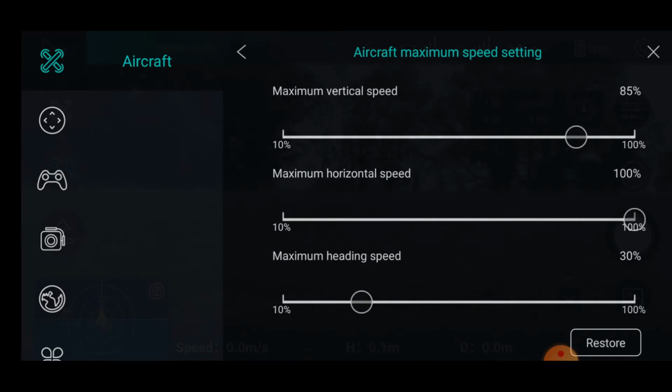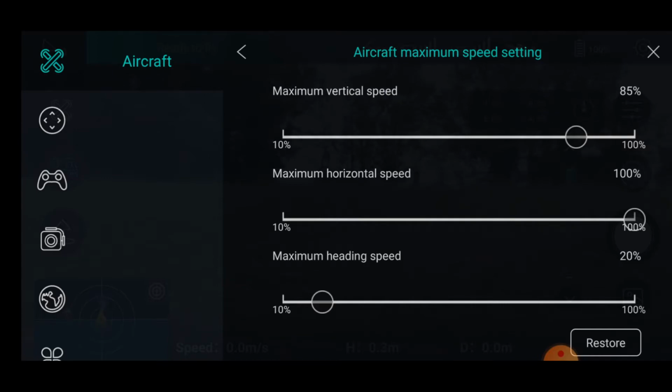In fact, heading speed I like even slower than that normally. I'm going to take it down to 20 because that gives me less sensitivity in yaw, and it gives me nice controlled smooth yaw, which comes out much nicer than the default speed in video. So there we are, those are the speeds, but when it comes to waypoint flying, these are totally irrelevant because waypoint